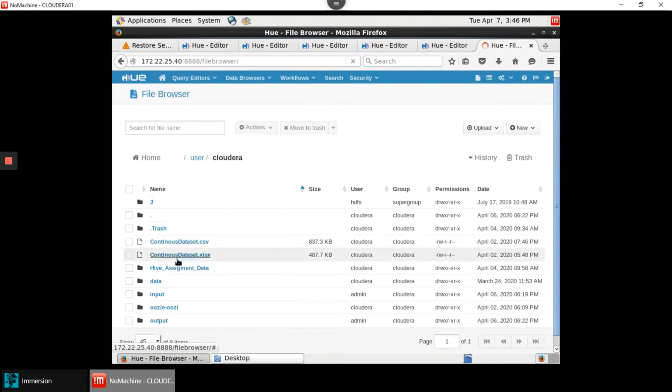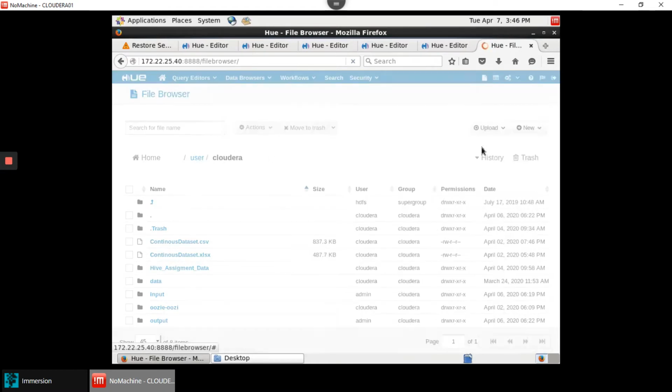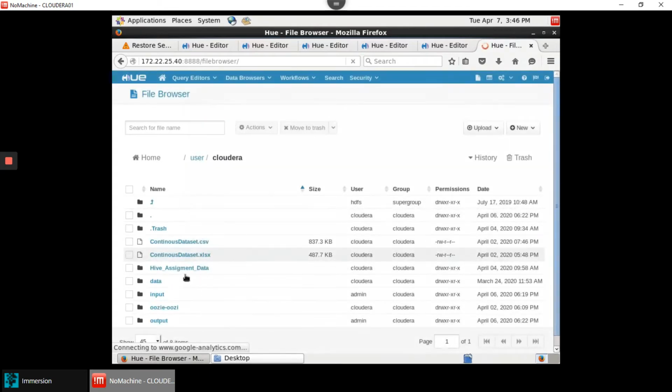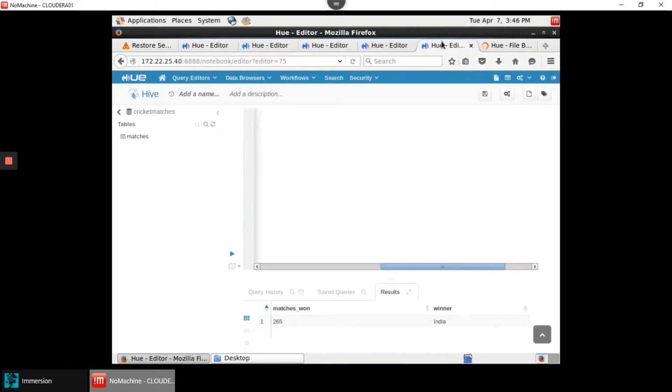As you can see, actually this is not the one that I'm using right now. I have used a text file, but this is how we do it. This is how we upload files to the HDFS file system using the user interface, which is the Hive browser. We can also use the terminal as well. Once we upload the data set into the HDFS system, then we create a table using the Hive browser. We use data browsers, we use metastore tables,